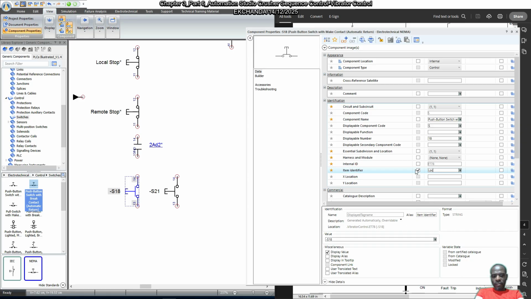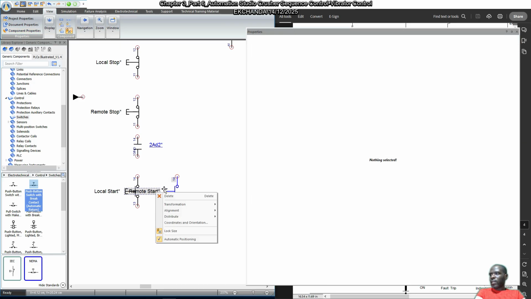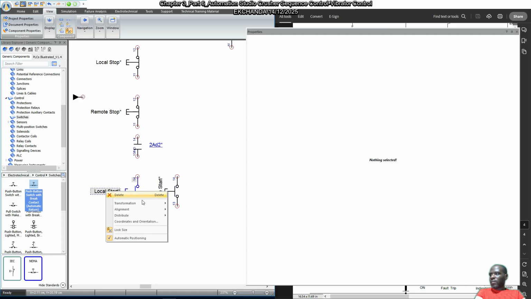Okay, then this other one is going to be the remote start. Like so. Transformation, rotate left, transformation, rotate left. Okay,